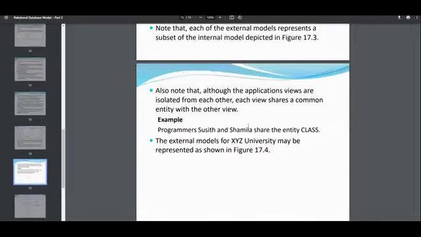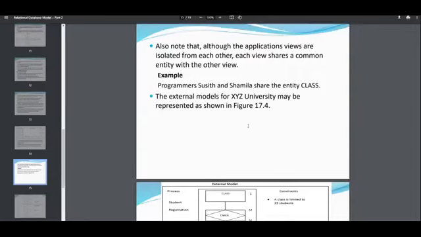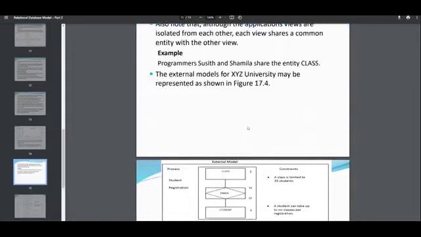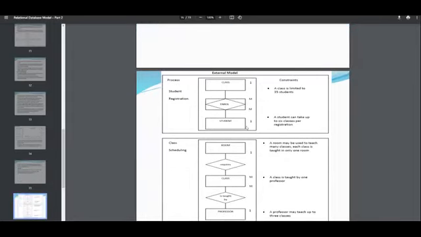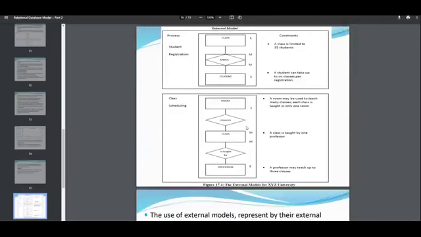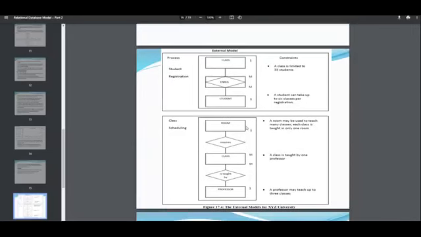So this is another example. External model, same example actually. External models can be used to represent the XYZ university. You can see here entities have been separated externally. External means they have been separated here, but